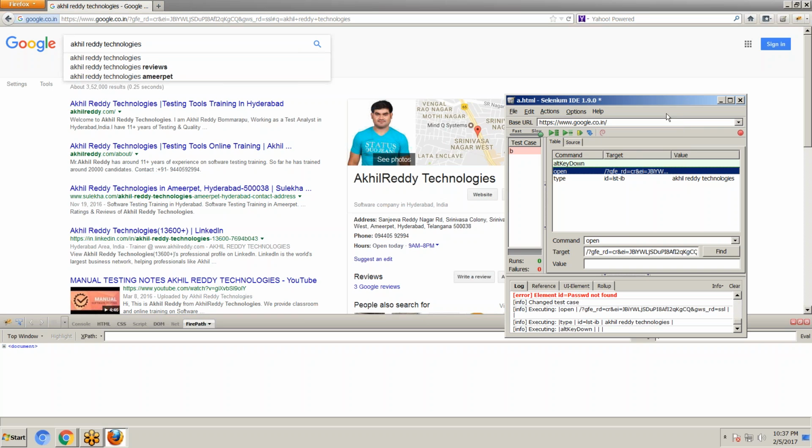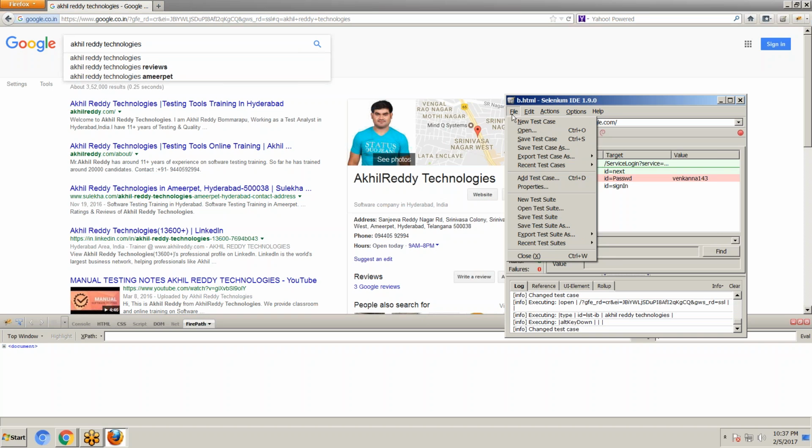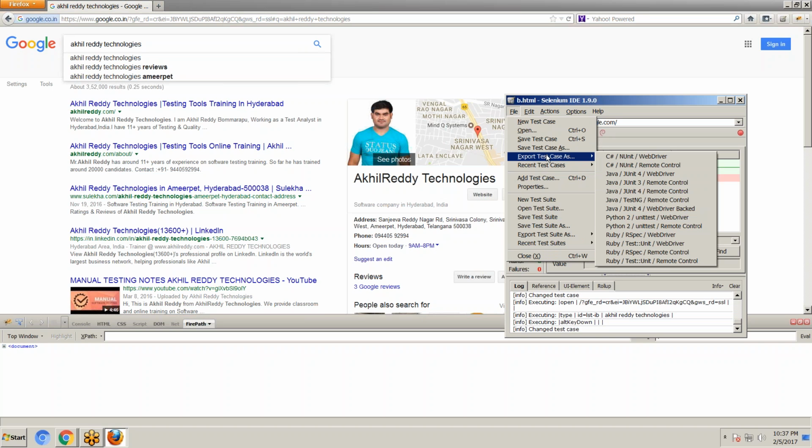There is no other option. If you have a script, you can write it. Otherwise, we can leave it. So we can convert the script into different formats. Like, I entered username, I entered password, I'm clicking on the sign in button. I want to export. We can convert into different scripting languages like Java, Perl, Python, C Sharp, and Ruby. So now I want to convert by export test case as